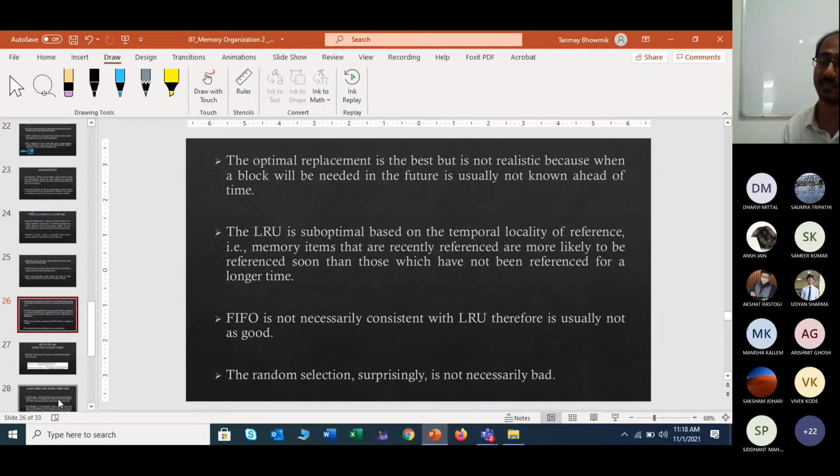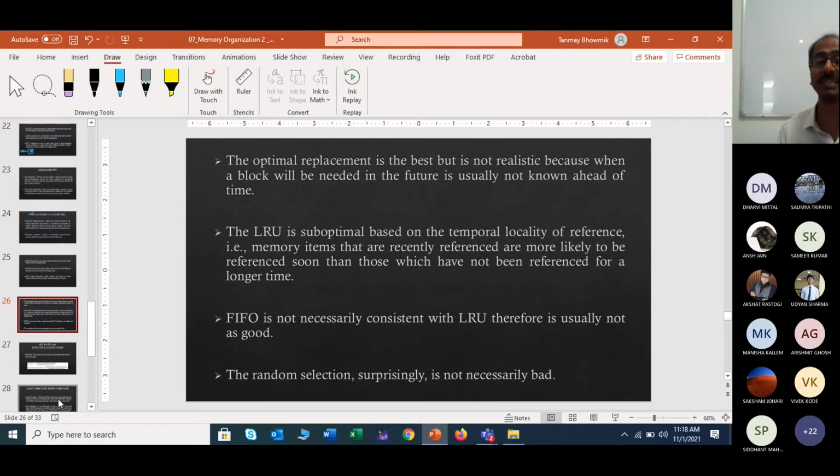Temporal locality means that once you have used some data, you predict that it will be used more in the near future. So you are saying that since it has not been used so much, in future also it will not be used so much. But that may not be true.